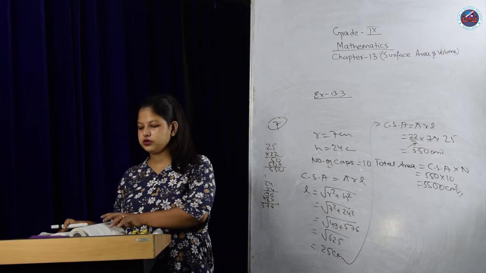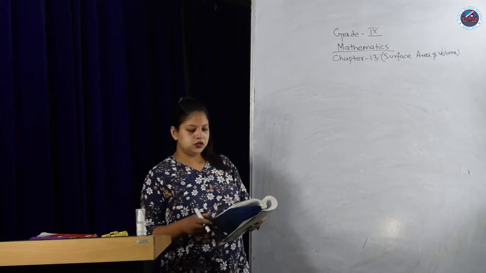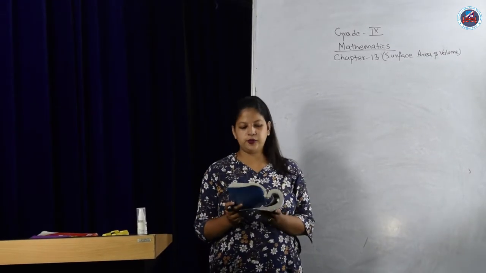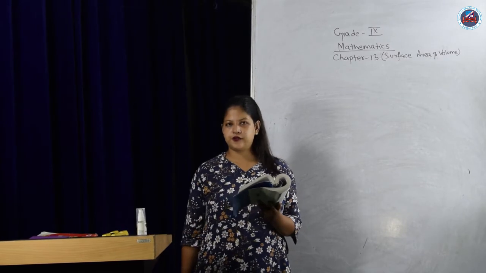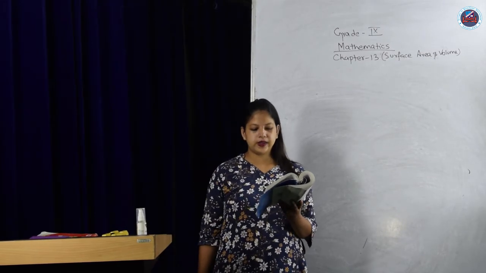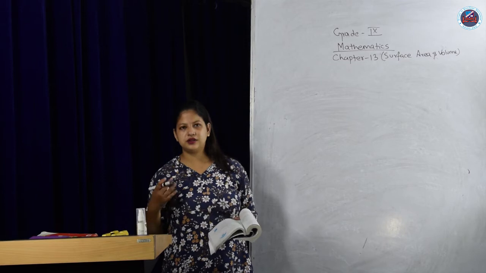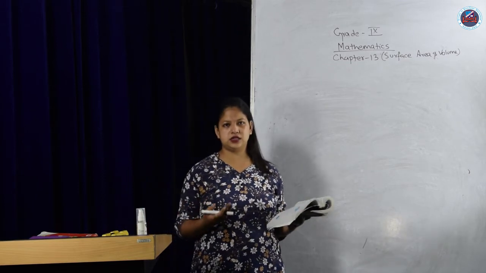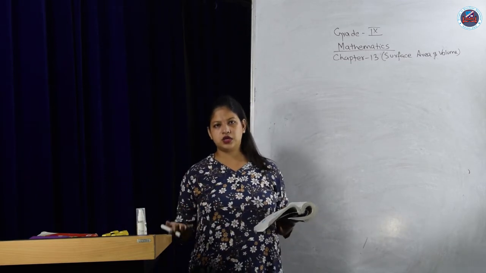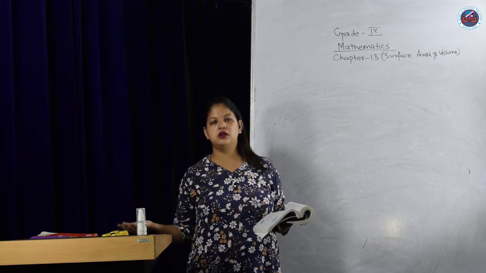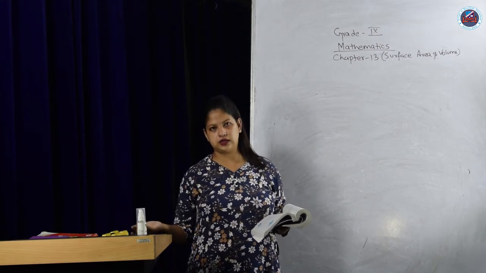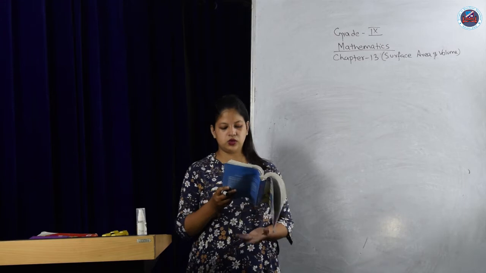Okay, this is how you can complete all the questions. Number 8 also you can do similarly. Similarly we have exercise 13.4. It is about sphere and hemisphere areas. Same formula will be used, like your radius will be given and they'll be either asking you to find SA or curved surface area for hemisphere or total surface area. You can do it in same way. That's your work. Please complete it.